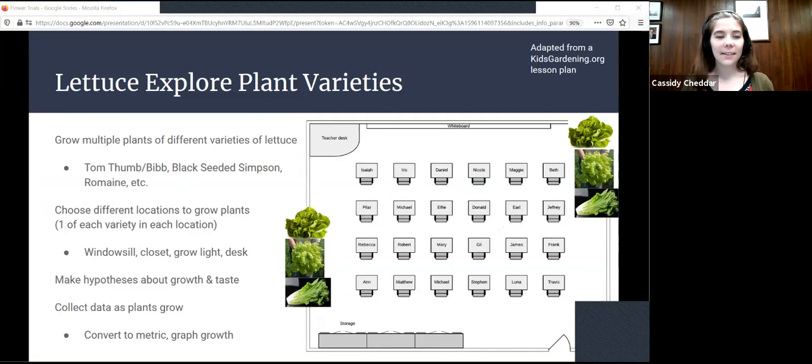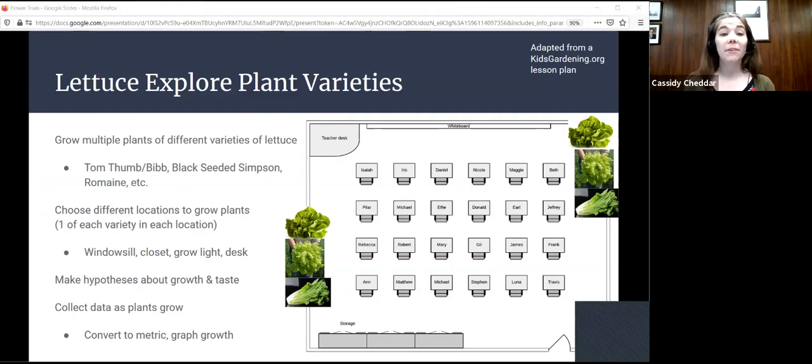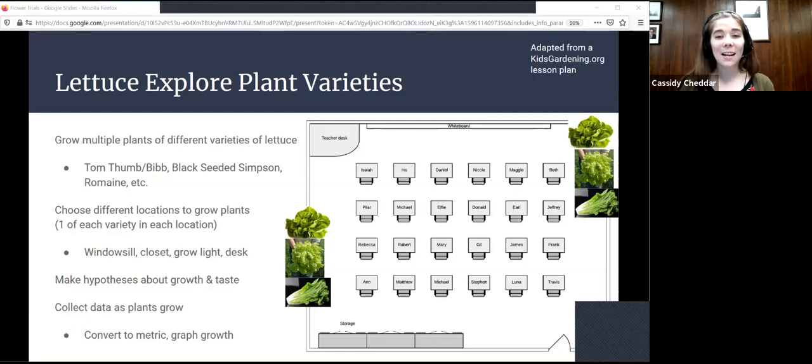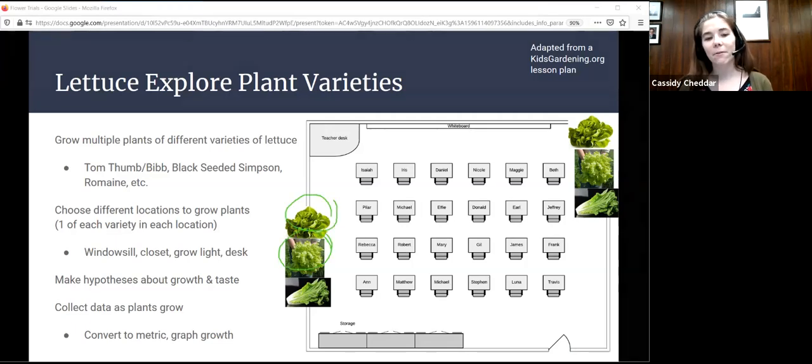So this activity is called Let Us Explore Plant Varieties. It's adapted from a kidsgardening.org lesson plan. In it, you can grow multiple plants of different varieties of lettuce, kind of like they do for flowers at the flower trial. So you can pick a couple different kinds. Maybe you have some bib lettuce, black-seeded Simpson, romaine. Pick some fast-growing varieties. And then you can have your students guess and determine where in your classroom they want to put those